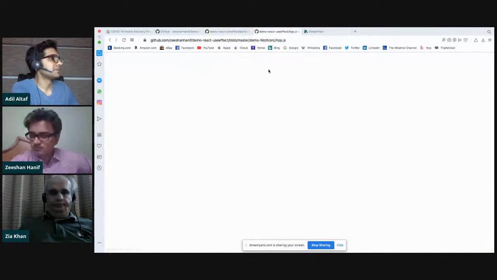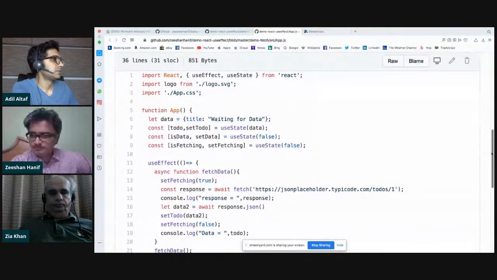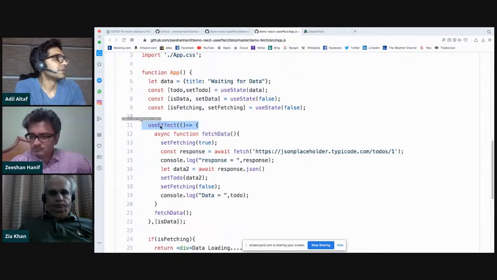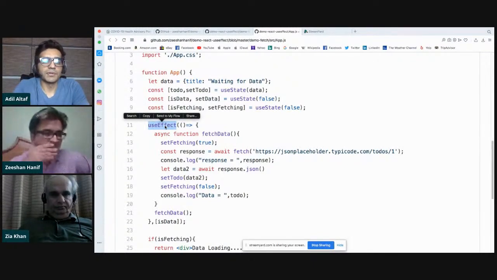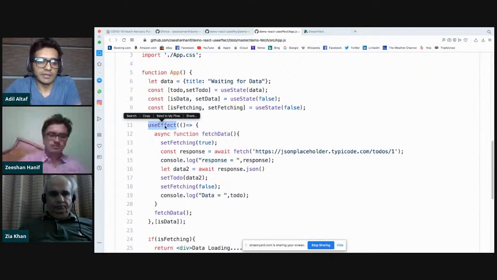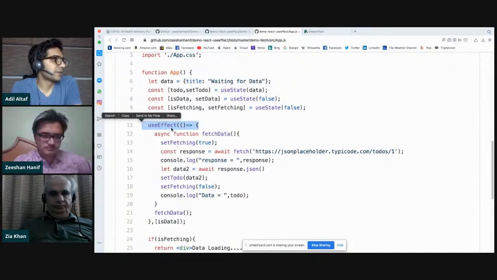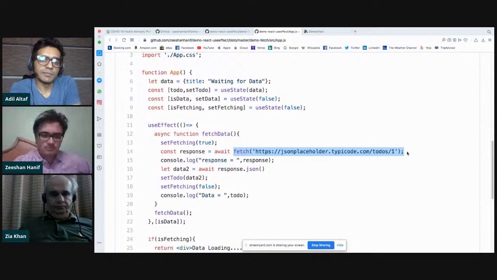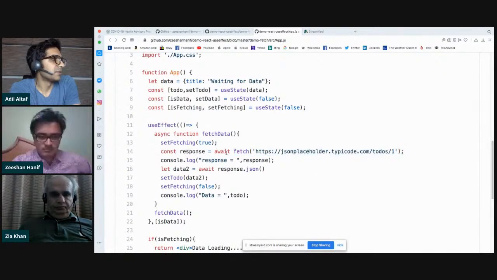If we go into our app.js file, okay, the main thing here in the React version is this useEffect function. What the useEffect function does is we're trying to create in our React application a way to update the state of the React application whenever the data is fetched or whenever the data updates. So we're doing this through this useEffect function. And within this useEffect function, we have created an asynchronous function that calls our fetch data. So here we still have that same fetch call that we had in our basic JavaScript. And again, we're using await here because we want to do all of this in the background with this asynchronous